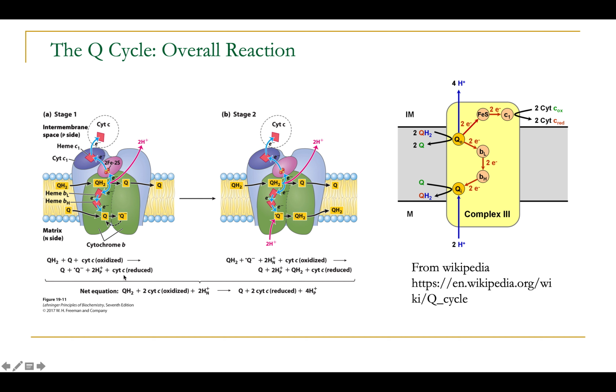So each of these stages could be balanced into a separate chemical reaction, similar to what we did for complex 1, and the outcome of the balance from the first stage and the second stage can be summarized together to give the final outcome of the Q cycle, the cycle of complex 3 function, where reduced form ubiquinone is oxidized, and this is accompanied